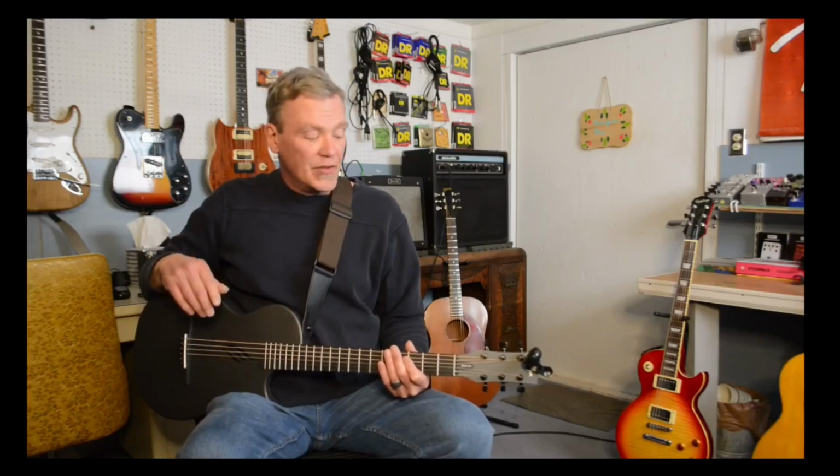My name is Tristan Lass, and today I'd like to discuss the guitar that I'm holding right here. This is an Enya Nova Go half-sized acoustic guitar. It is made out of carbon fiber, and I'd like to talk for a second about why I became interested